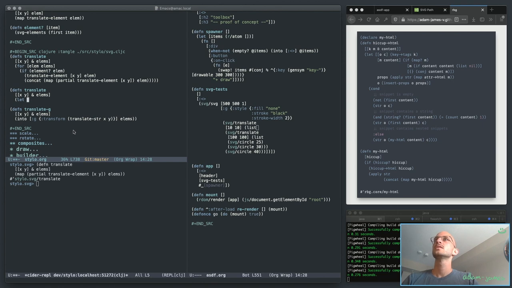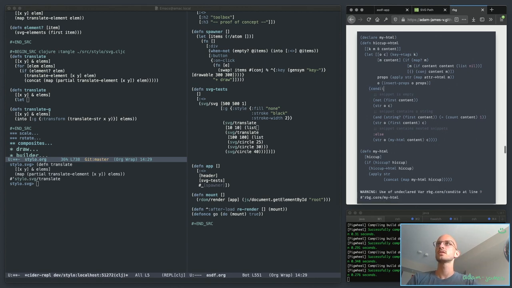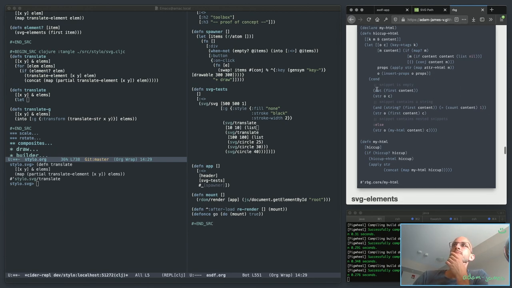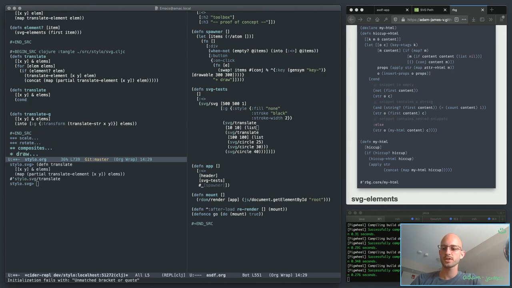Right, so I'm going to attempt to just enumerate the conditions that can possibly arise here. And cond is short for condition. What it does is cond can take any number of predicates and then any number of forms to evaluate based on those. So let's go this way. Cond. The first condition is